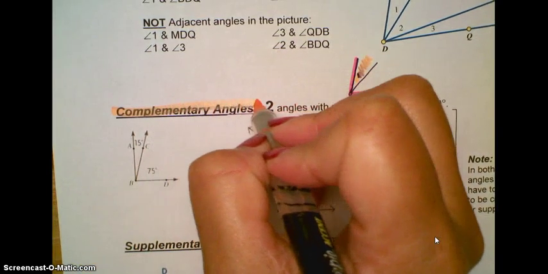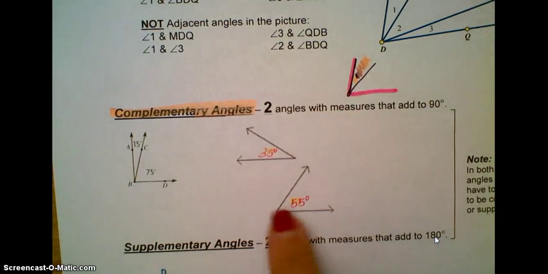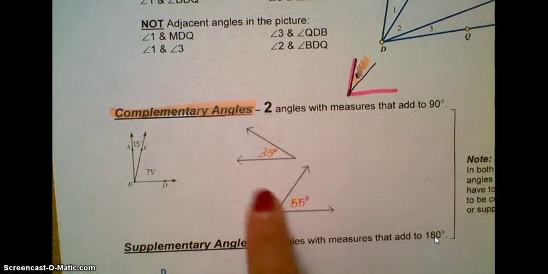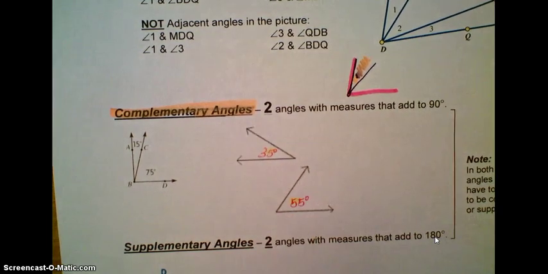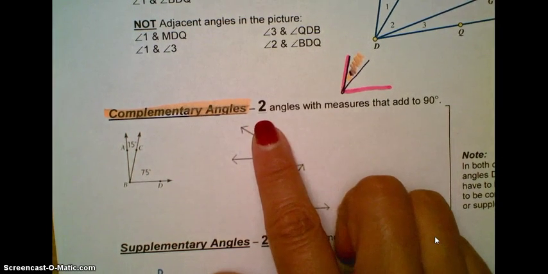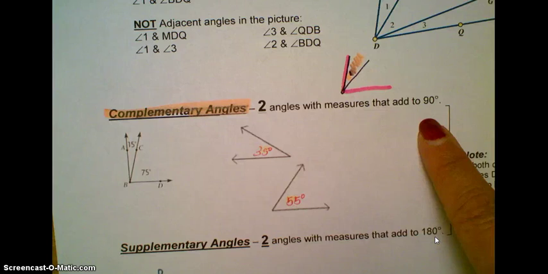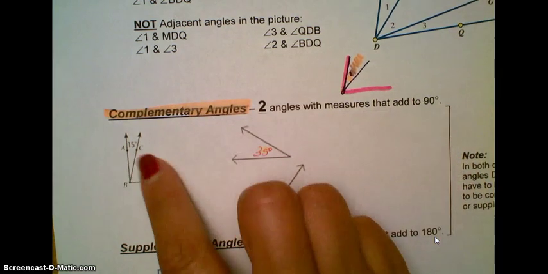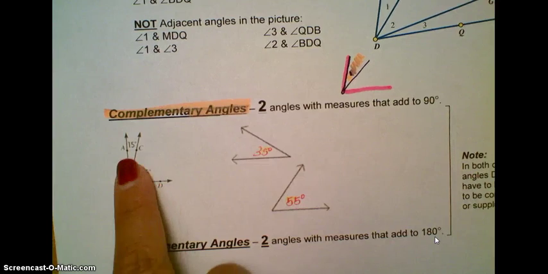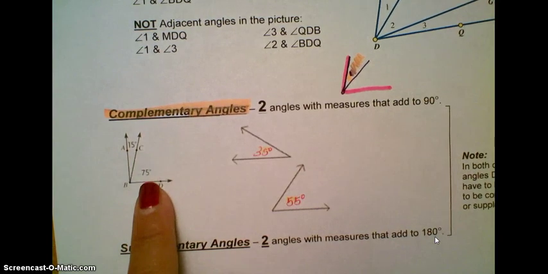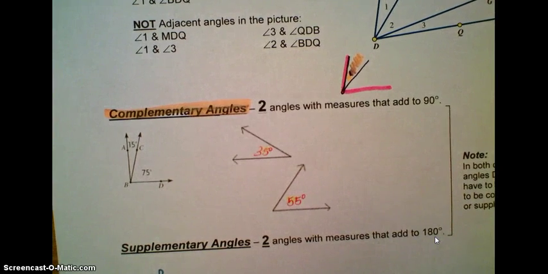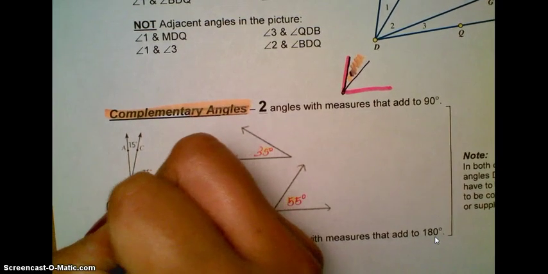My apologies because the red wasn't coming out of my printer, so I had to hand write them, but your copy has the numbers. So complementary angles, again, are two angles with measures that add to be 90 degrees. Notice in this picture, 15 and 75, of course, add to be 90, and these are two adjacent angles that are complementary. In this picture, and I'm going to make a note of that actually, these are adjacent